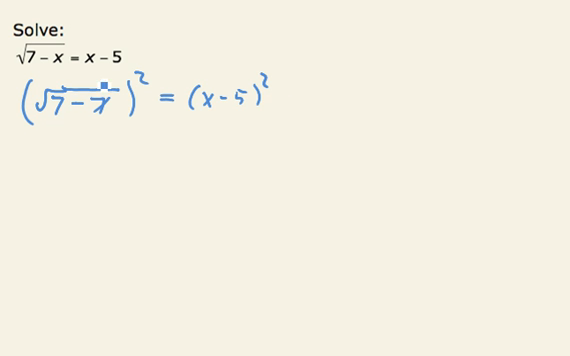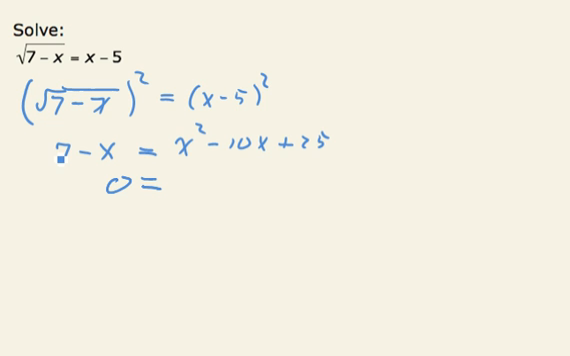Squaring this side, the square and the radical undo each other, so I get 7 minus x equals, on this side we have to be careful, we actually have to multiply x minus 5 times x minus 5. If we do that, we get x squared minus 10x plus 25. We now see we have a quadratic equation, and